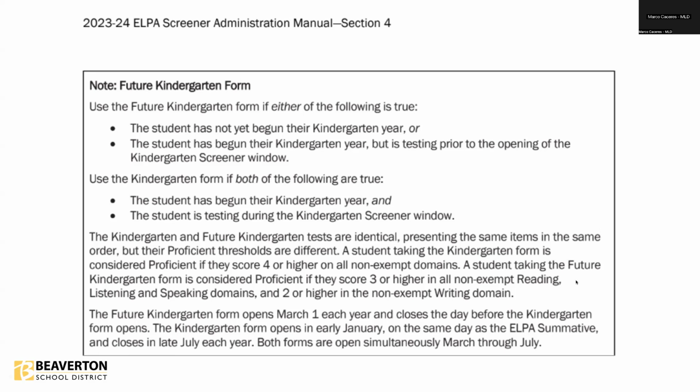One thing to note: if a student tests under the kindergarten screener, but they should have tested under pre-K, ODE has given us the go-ahead to categorize those students as pre-K and then assign the scores accordingly. So for example, if a student tests under the kindergarten screener, but they should have been a PK and they come out all 3s with one 4, then they would be considered proficient. Because we know for a fact that they're kindergartners, we would just have to add that in our notes section and be able to report that to ODE if they have a question.